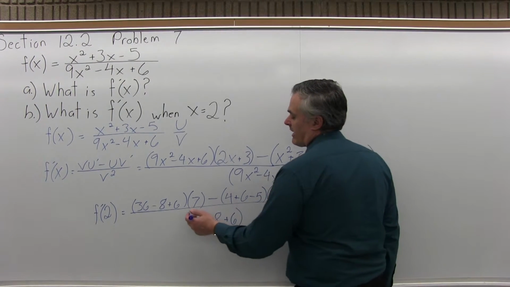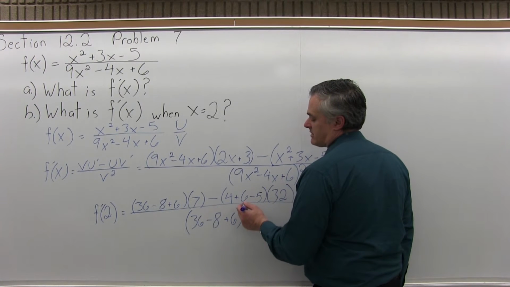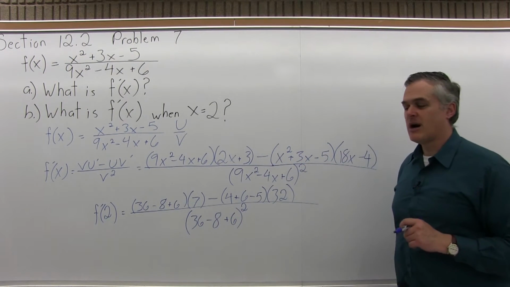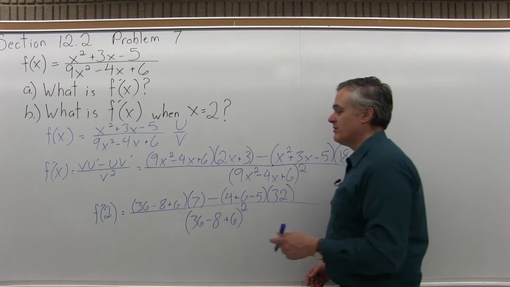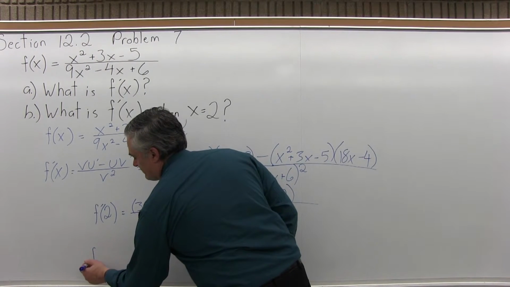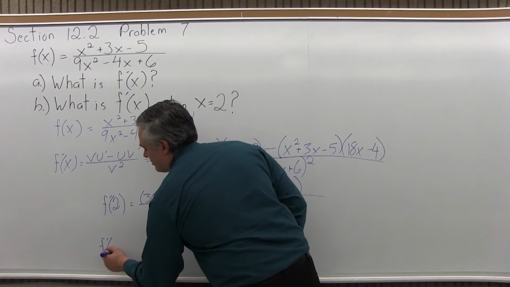But I have to remember, after I complete that computation, whatever it comes out to, I'm going to have to raise it to the second power. So that gets the process started. Let me simplify it down a little bit more. F prime of 2